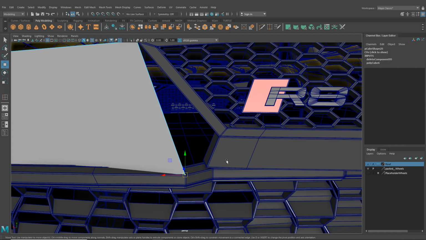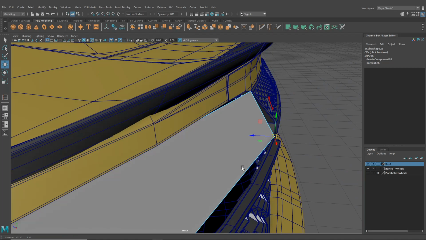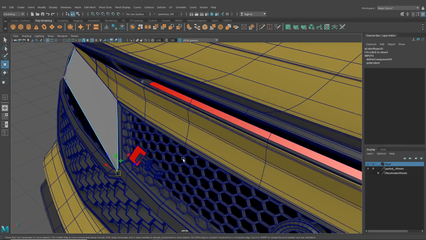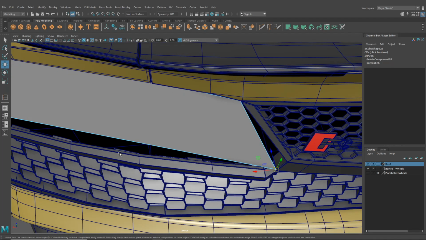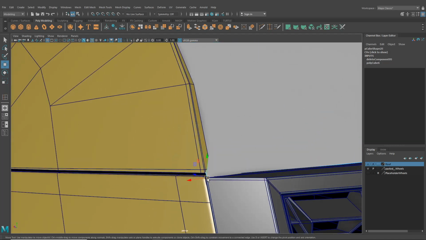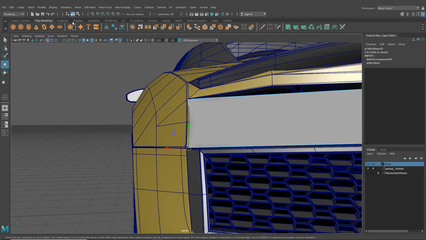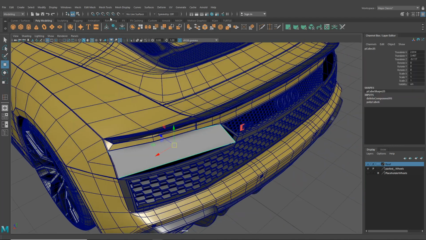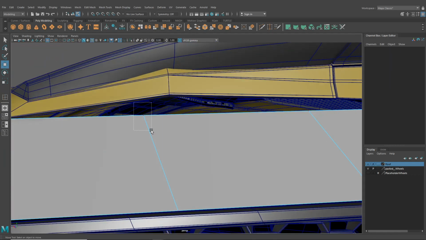So here we want this to actually match up here, because yeah, that's not really much to do with the headlight as is. We'll maybe get it to run on this extra line inside there, and then down here let's put this one there instead. Okay, so same as before, we'll insert some edge loops. I'm going to do 2 to get us started, and I'm thinking we're going to go up here,